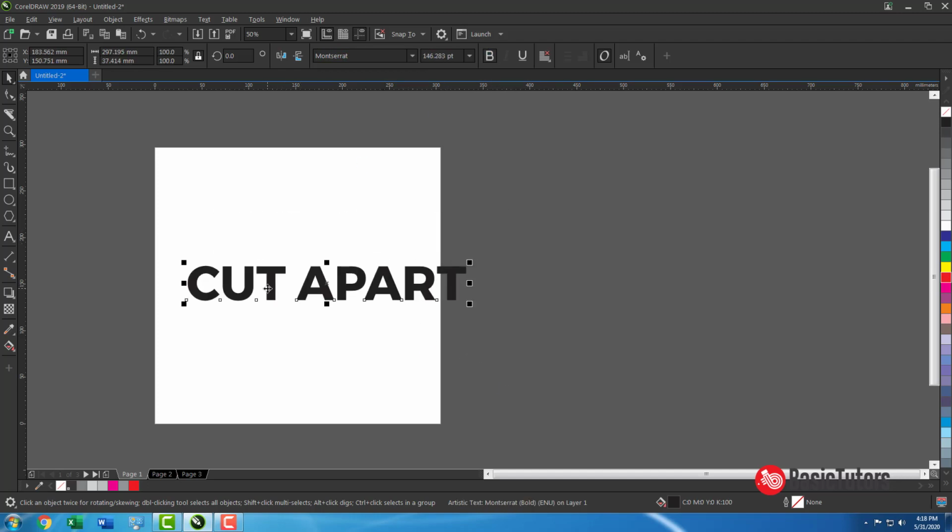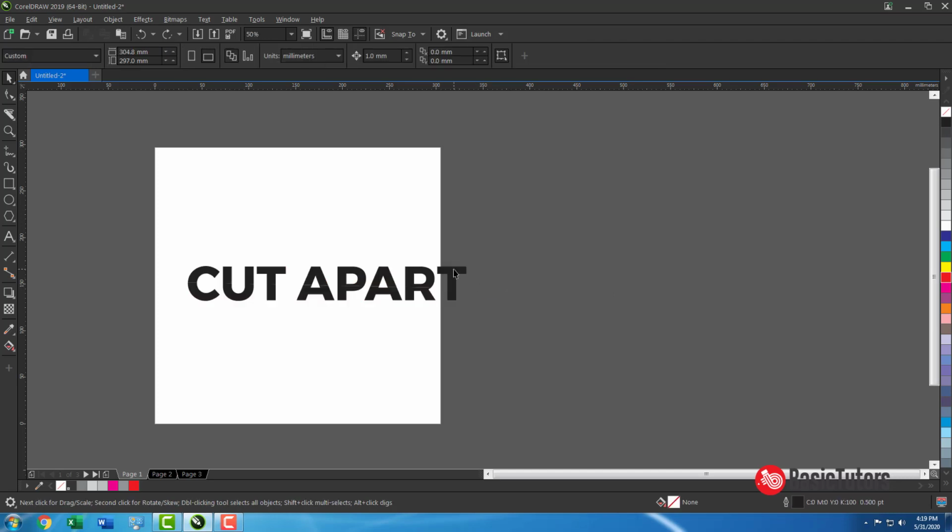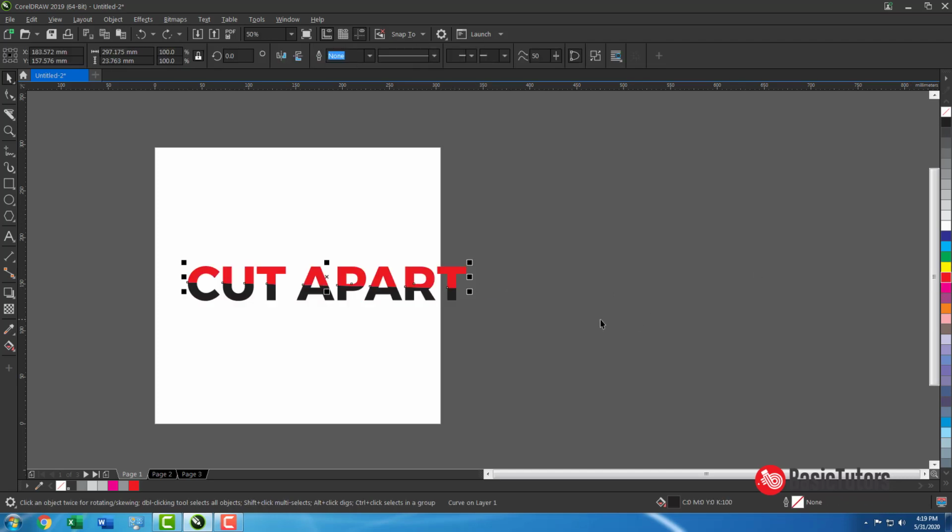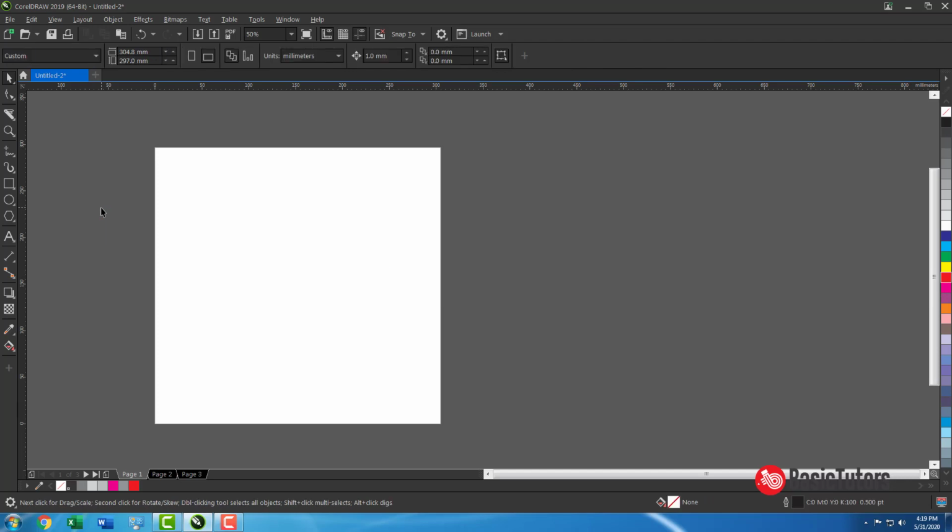Convert to curves, Control Q. Okay, this is the use of the knife tool.